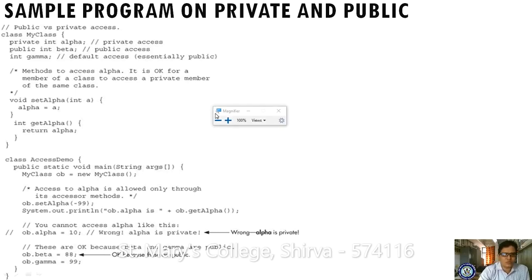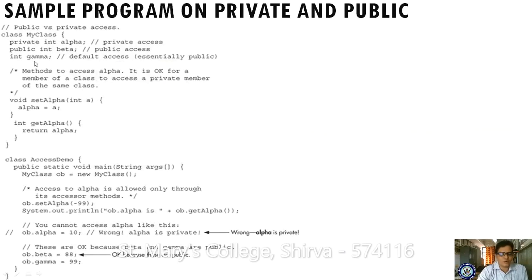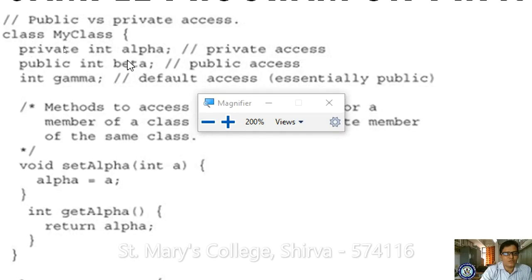We can just go through it. The class name is MyClass. Here we are declaring two private variables. Here the normal default access, that is public, is defined as a gamma variable. Now I am defining one method. In the method I have declared one variable as a parameter. That parameter is assigned to this private variable. Here public in beta